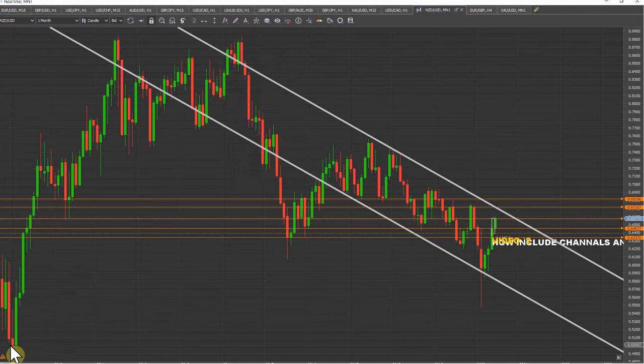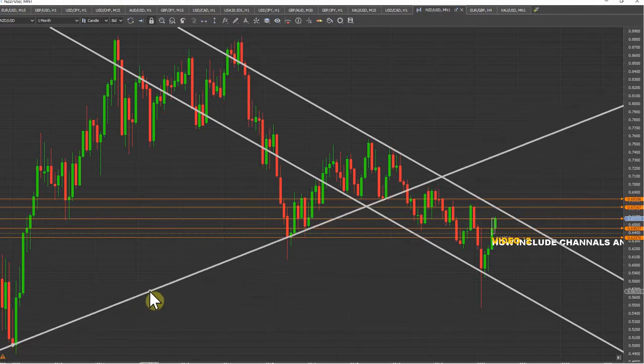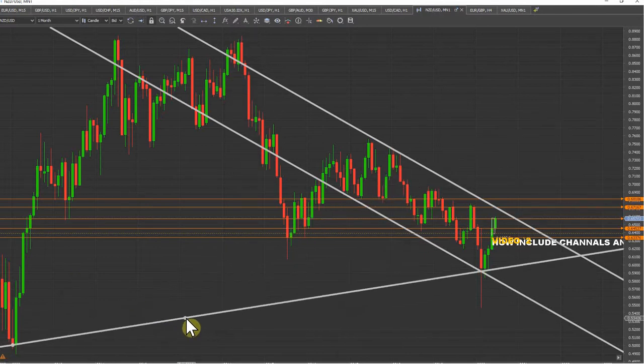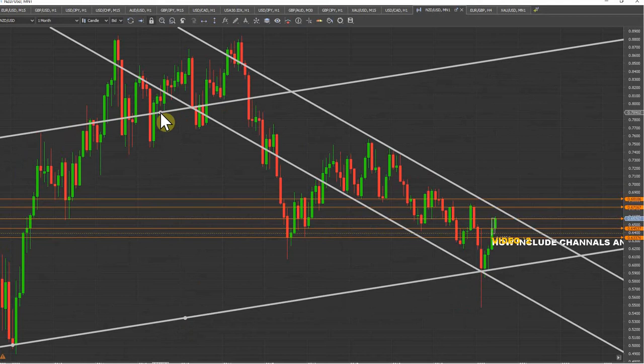There it is right there, and then you can see it right there. Okay, so you've got these points marked up, and you've got these 2 points, and you can see how it flies through. You can see price break through this area, retest it, test this channel, pull back in, and along